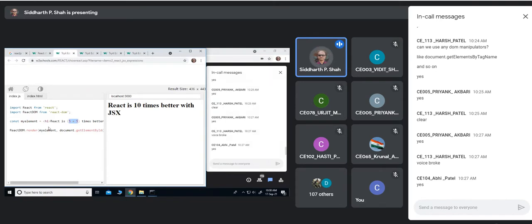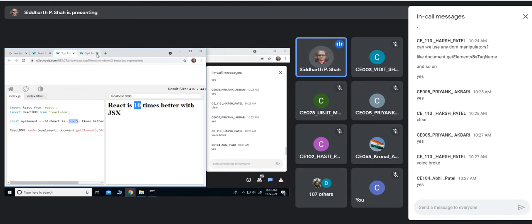So if you write something like this in JSX, h1 React is 5 plus 5 times, it will automatically be evaluated. Whatever expression you put here will be evaluated at runtime, and the final value you will see in the final output.